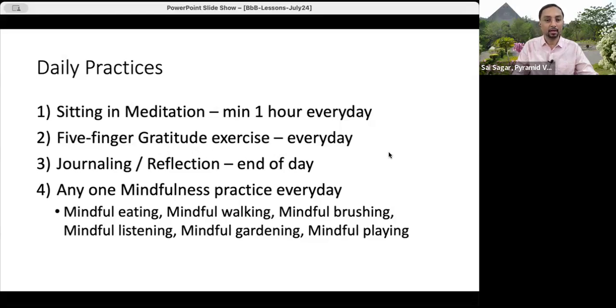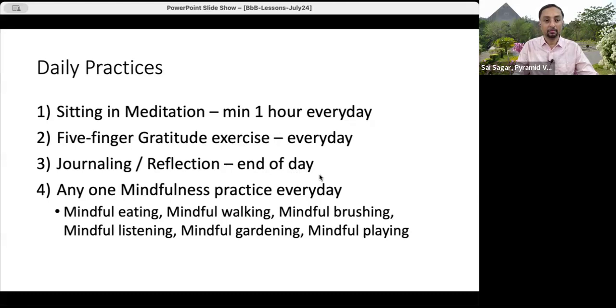5-finger gratitude. I keep saying gratitude is the highest emotion. We've been practicing that. The 5-finger gratitude exercise is basically thinking about 5 things that you're grateful for on that particular day. You can practice it at the end of the day, or you can practice it the following day as soon as your meditation is over. That's what I do. As soon as my daily meditation is over, I feel grateful for several things that happened the previous day. It could be the good food, the good coffee, a wonderful conversation you had with someone, or someone coming on time and helping you. It could be anything that we are grateful for.